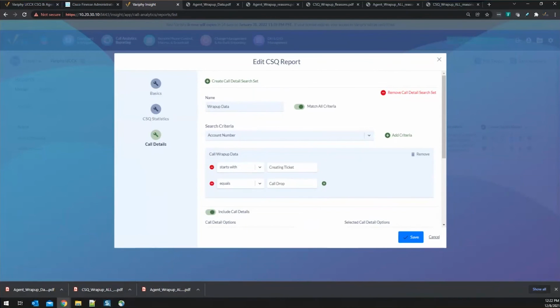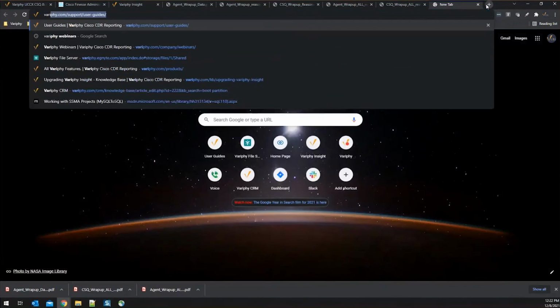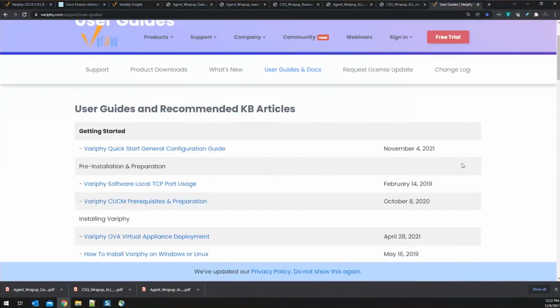Scott said, do you provide assistance installing 12.4 free of charge? If not, how much would that cost? Brand new customer. Yeah. For licensed customers, assistance with upgrades, deployments, et cetera, that's always free of charge. So we'll be happy to help you with the upgrade. We've got some documentation on our website, actually. Let me just show you real quick. If you go to variphy.com, user guides, support user guides, there is